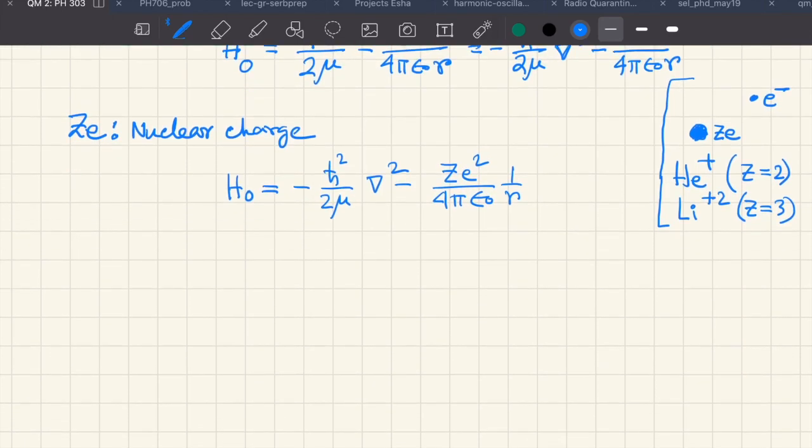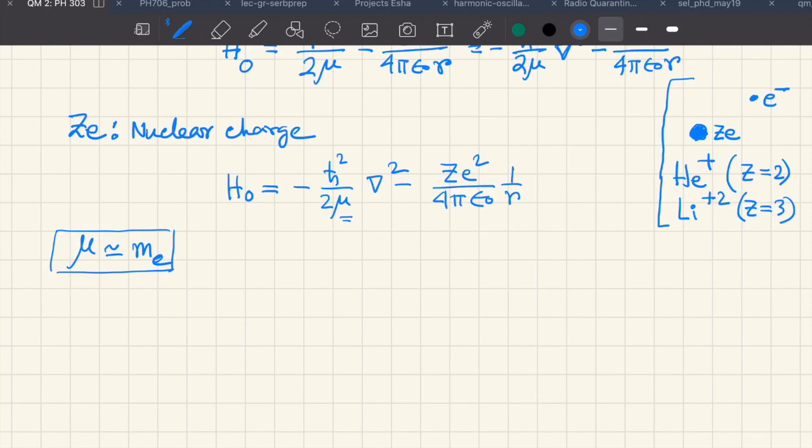Now let us talk something about this mass mu. The mass mu is usually taken to be the mass of the electron. But it's not originally taken to be the mass of the electron only, because if you consider the hydrogen atom, then there is a proton and there is an electron. So why should you take the mass of the electron only? But because this is a two-body problem,